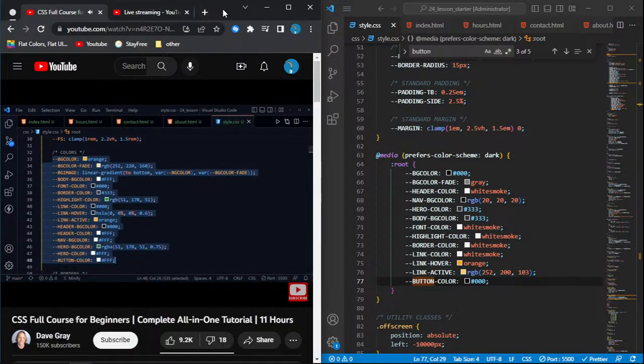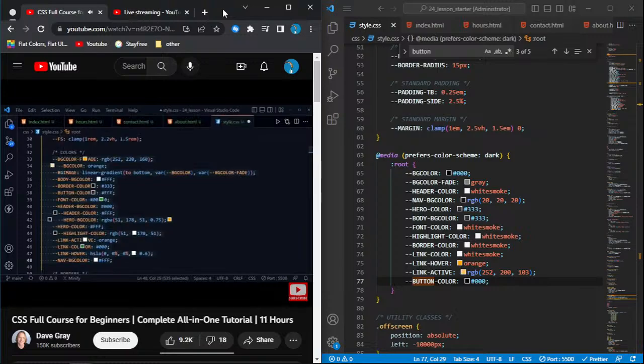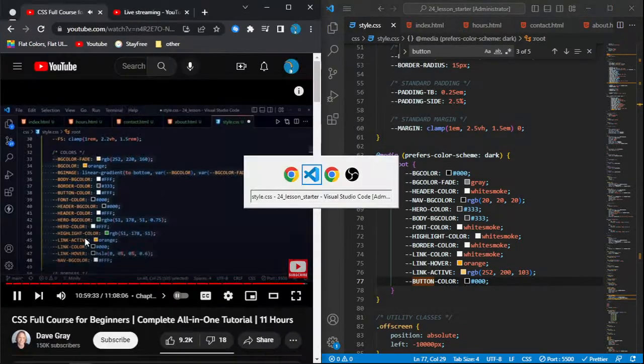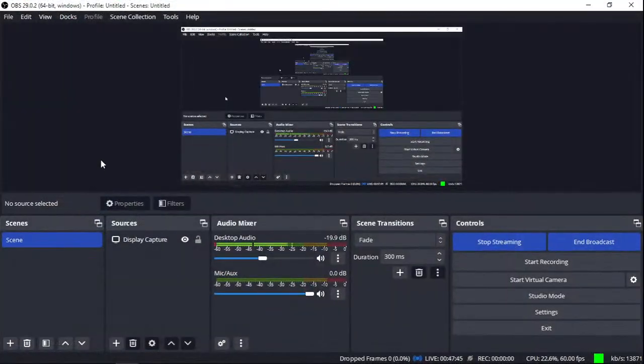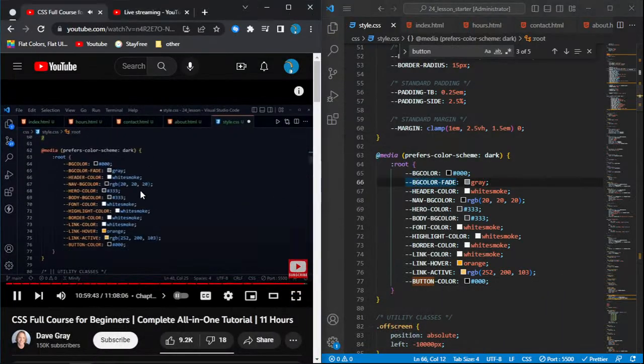So if we highlight all of those, press Control P, and then the greater than symbol, and now we might choose sort lines ascending. So now all of our colors are ordered alphabetically, and I can find them probably much faster now that I've done this. So considering that, maybe we should do the same thing